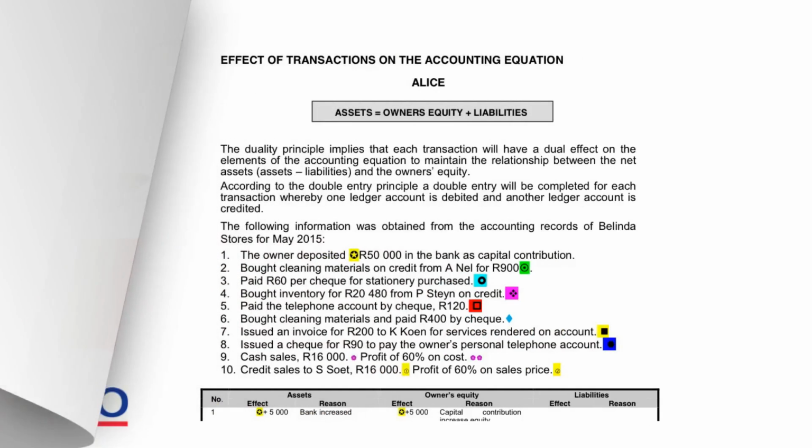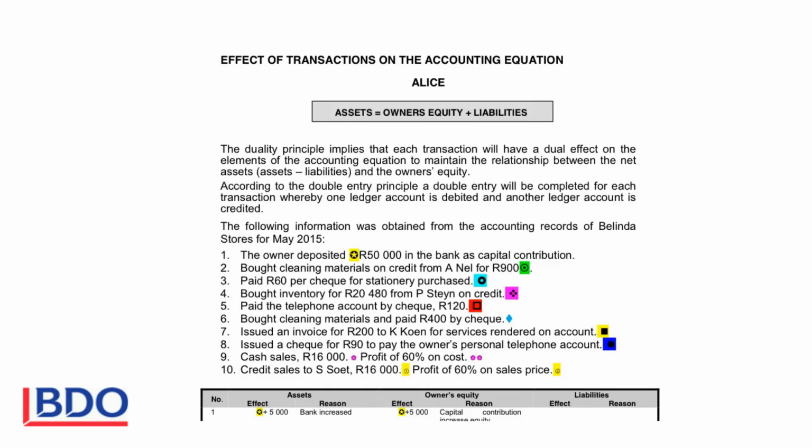Good morning. We will pay attention to the effect of transactions on the accounting equation. Remember, the accounting equation is assets equals owner's equity plus liabilities. So you first of all have to decide whether an account is debited or credited. To make that easier, use the word ALICE, and the first letter and the last letter of ALICE will increase